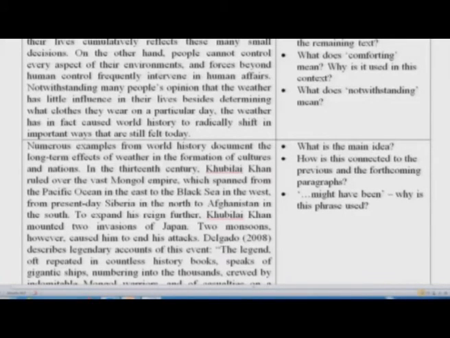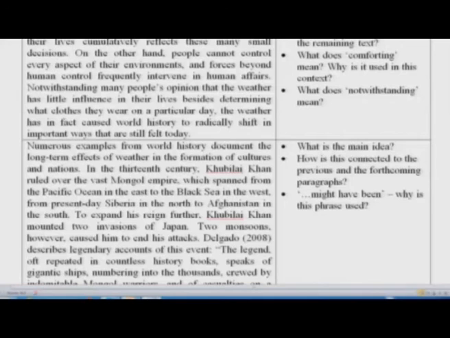Forces beyond human control frequently intervene in human affairs. So, not just human decisions, there are things which human beings have no control over, and these things can also influence our lives. So, see how the writer is introducing the topic. One of these things which can control our lives is weather,